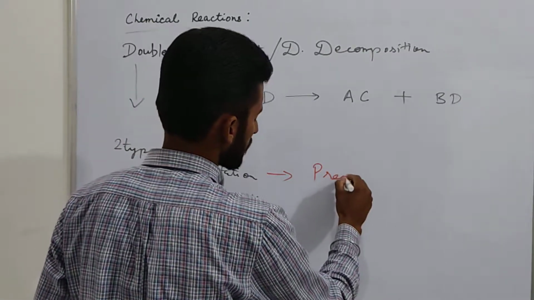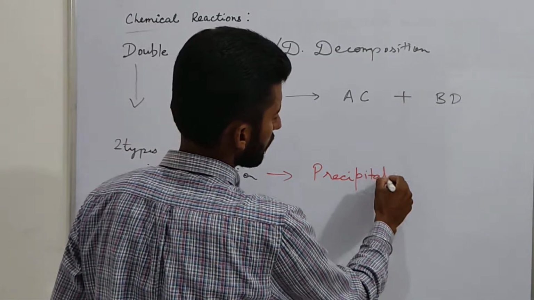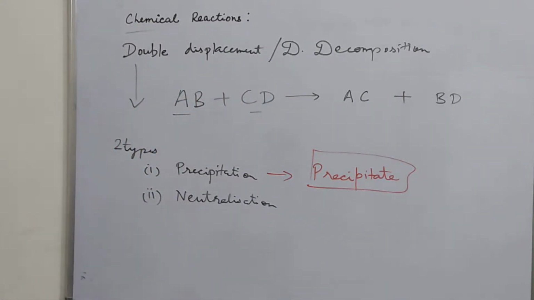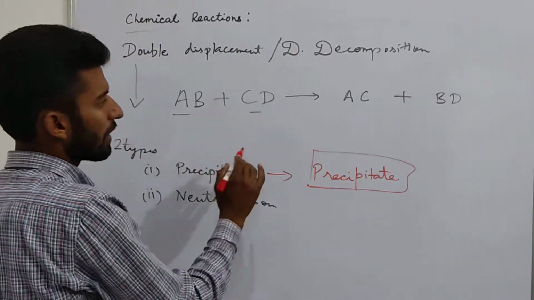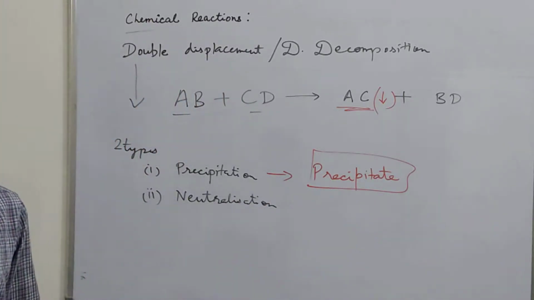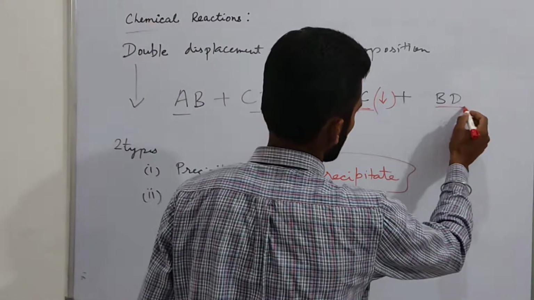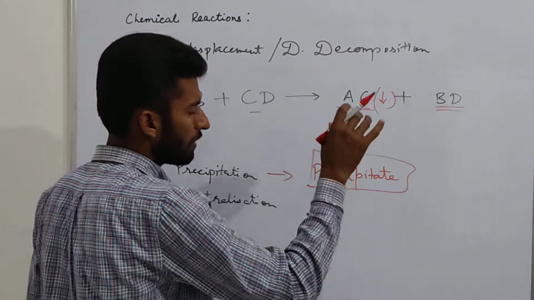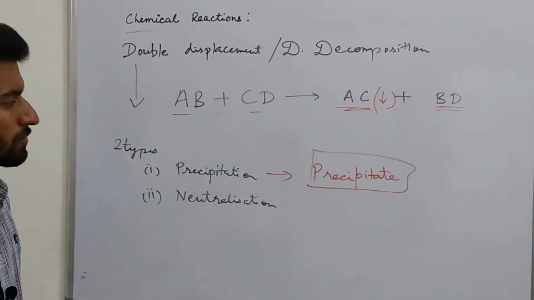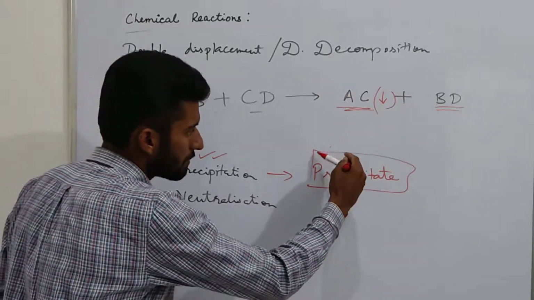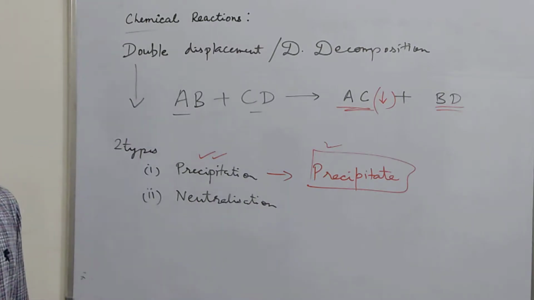What is there in the precipitation reaction? A reaction which involves the formation of new substances, where the newly formed substance is a precipitate, an insoluble mass. Like these two are reacting, so this one will be in the form of a precipitate. This will not mix in the solution. The other will be a colorless solution, or some other color may be there. So that type of reaction involves the formation of new products as a precipitate. One product is a precipitate, another could be a colorless or colored solution.